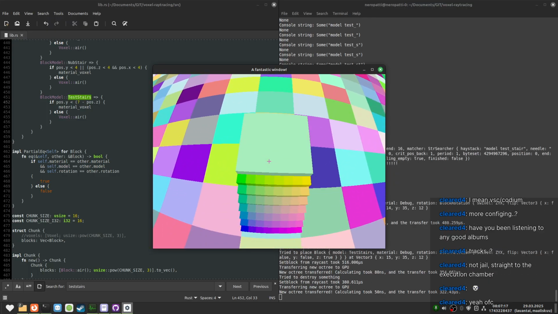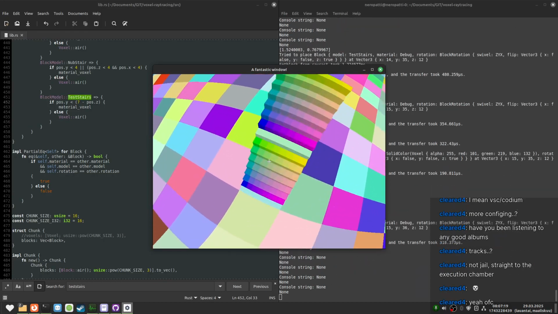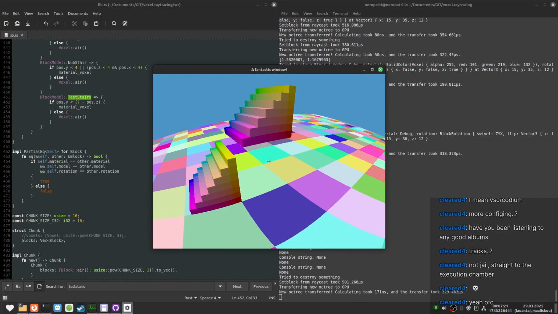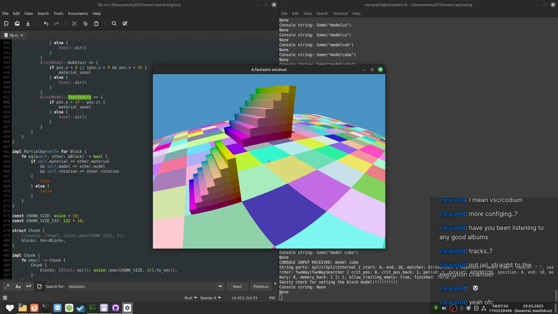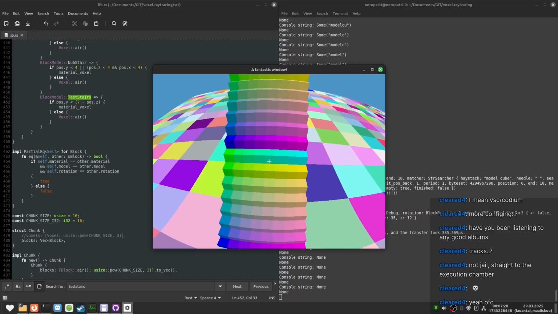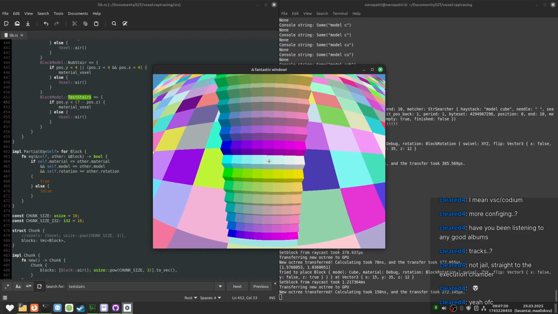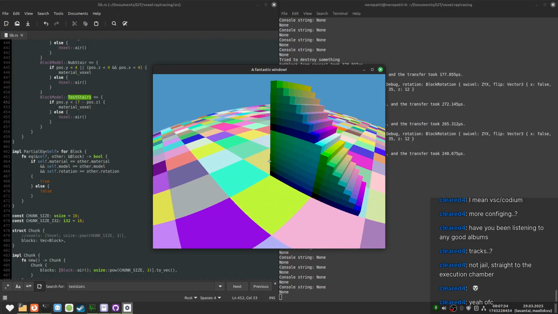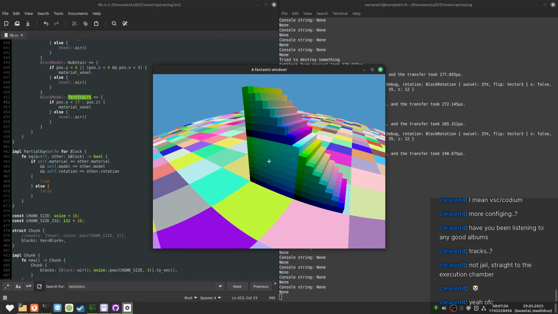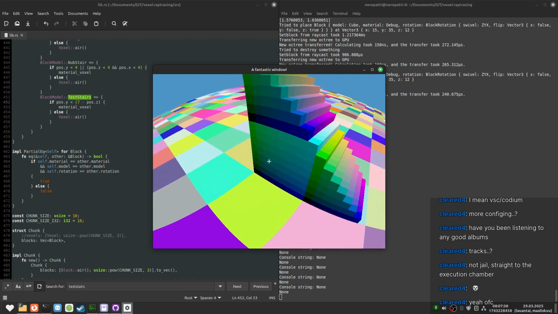Yay, it's flipped. Did we... There we go. We're gonna have the same thing everywhere. Also, why are these different? Oh, I see. Yeah, that makes sense.